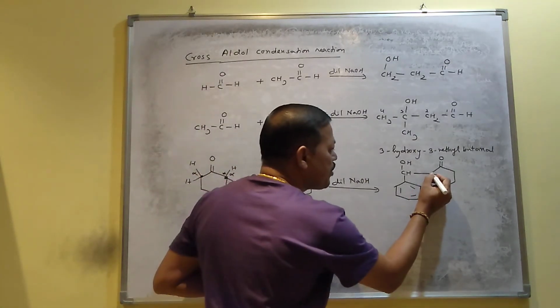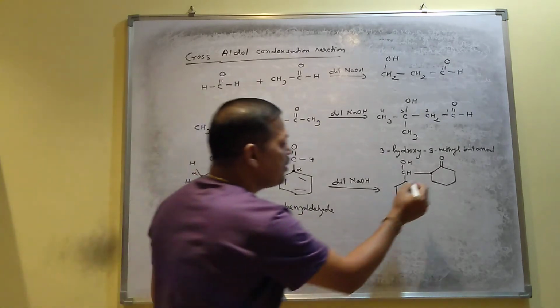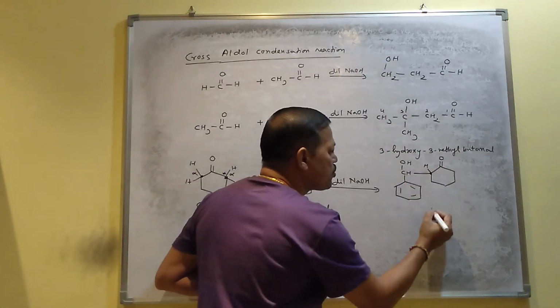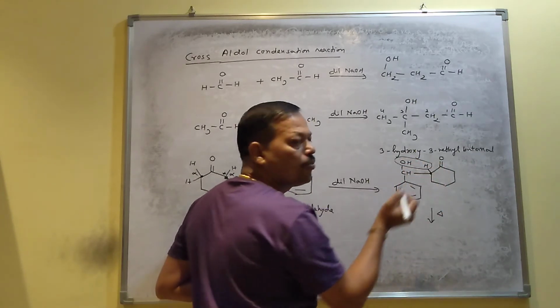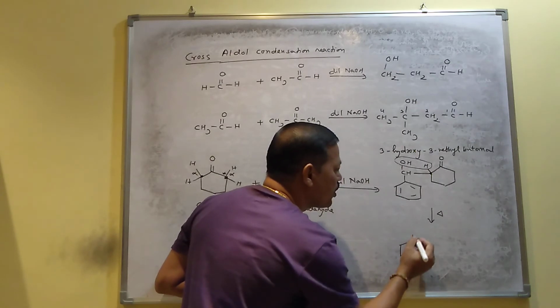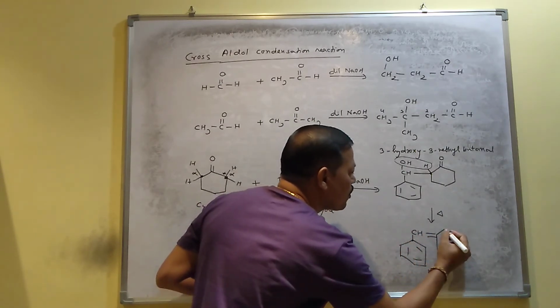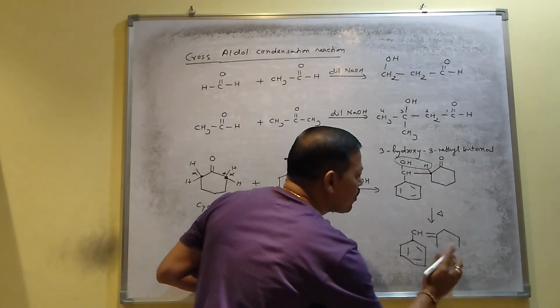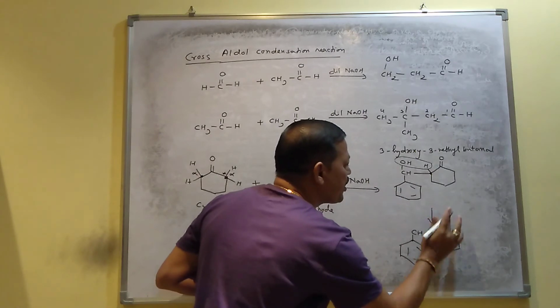As you know, this carbon contains 2 alpha hydrogens. 1 alpha hydrogen is removed, another remains here now. So when you heat it, the OH and hydrogen will be removed from it, and here you will get a double bond. I mean, it becomes CH double bond. This type of product you will get after heating.